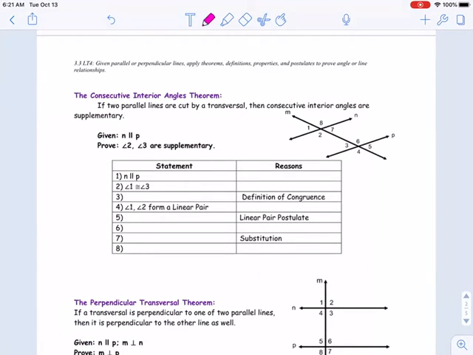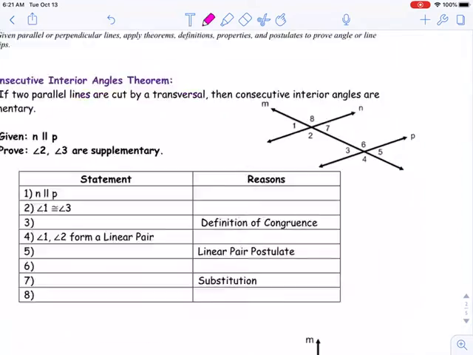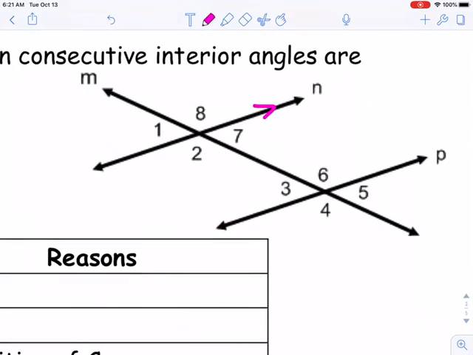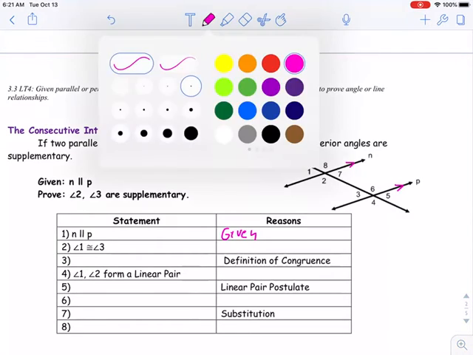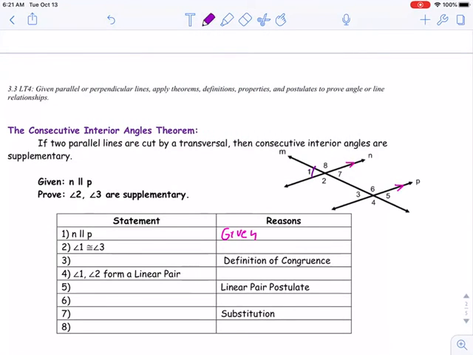The consecutive interior angles theorem. If 2 parallel lines are cut by a transversal, then consecutive interior angles are supplementary. So we're given N is parallel to P, given. All right, now angle 1 is congruent to angle 3 by corresponding angles